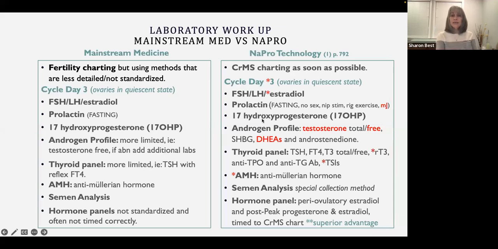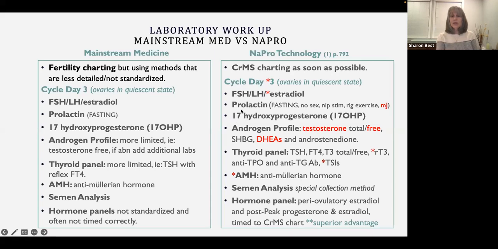We both do this. This lab must be done before 8 a.m. So a little pearl: most people know it has to be done before 8 a.m. because if you do it later in the day, it can be fictitiously low. But what I have also found out is if this lab is done later in the cycle, so for instance,